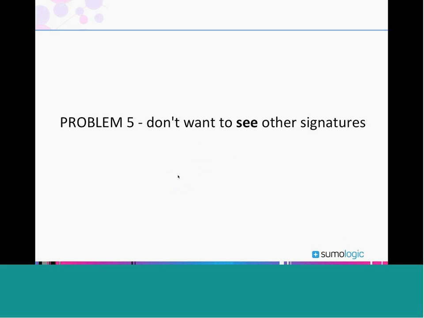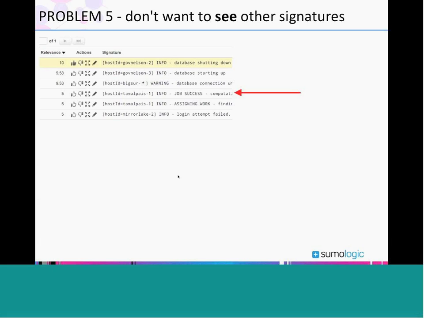So the flip side, the opposite of that problem, is there might be signatures that you don't care about at all. For example, there might be various log messages that are emitted periodically all the time, and it's not something you are particularly interested in. So extending our example where I'm some database guy, and maybe I'm not really interested in compute jobs.